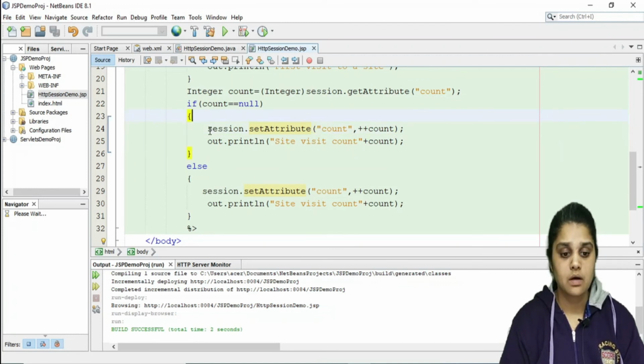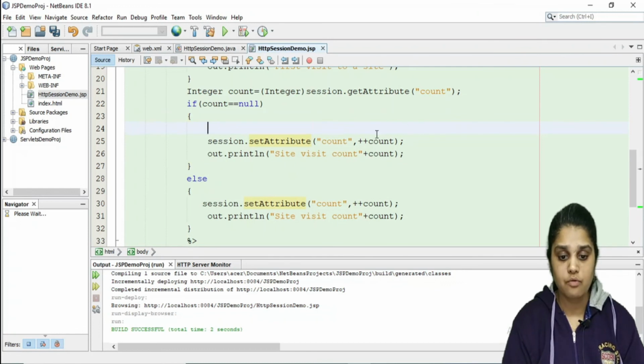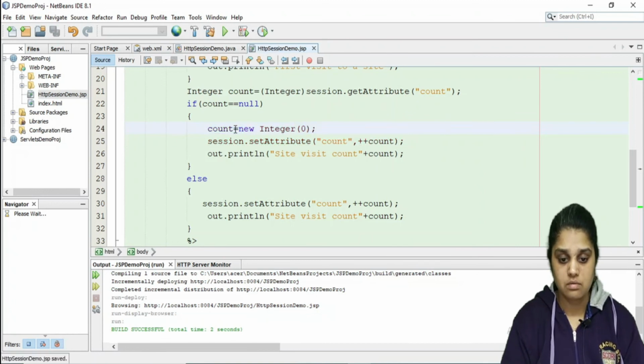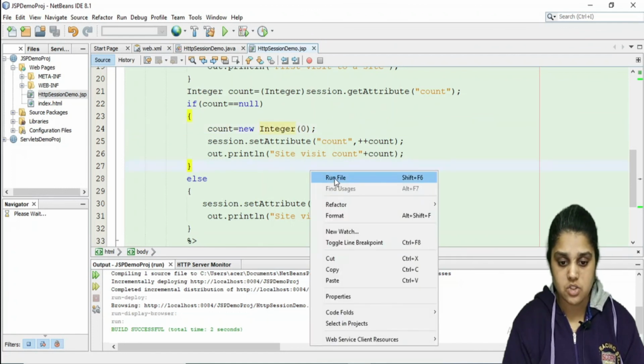This value of count here is null, but it is in a wrapper class. You need to set it to integer type, so I need to do something like this: Integer count, I have declared count is equal to new Integer(0). Without that I will not be able to start my counter as such. Okay, let me run and check.